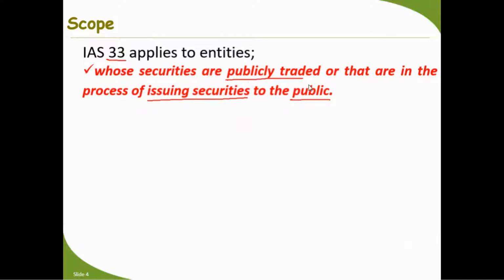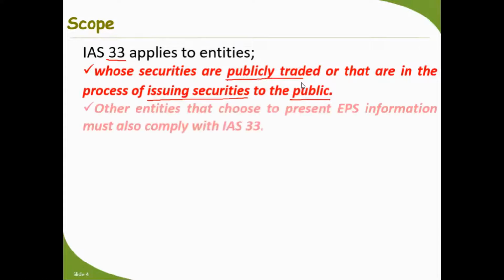Either they have already traded their shares on the stock exchange or other securities, or they are in the process of trading their securities to the public through the stock exchange. So both entities must apply it to present their EPS. And any other entity which opts to present EPS must also comply with